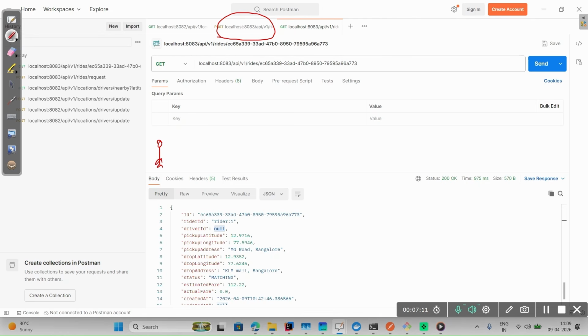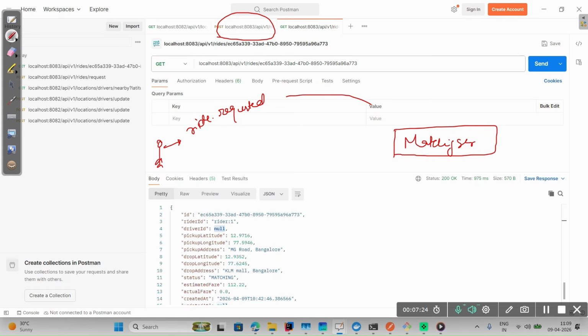This is where a user requests a ride. So a user requests a ride, Kafka topic ride dot requested publishes, and our matching service consumes that event and starts finding the ride. So status is matching, it is finding. Okay, fine, it found, but how